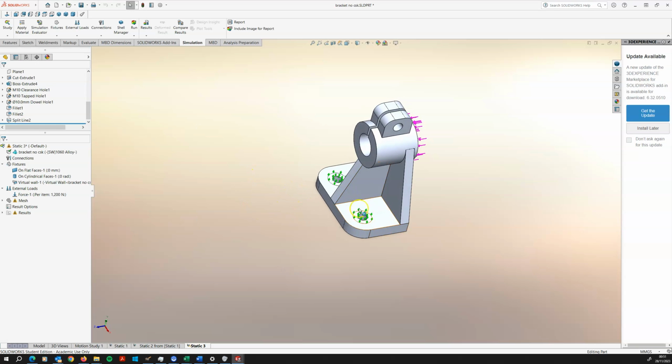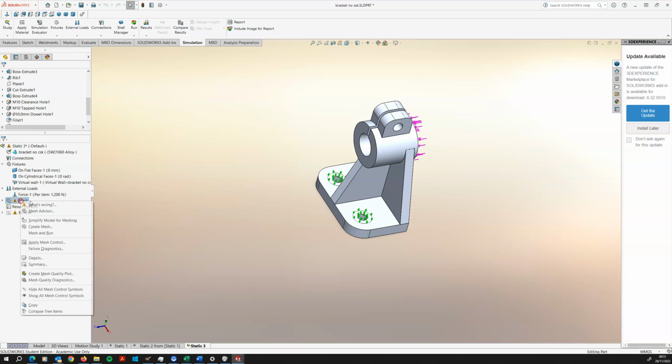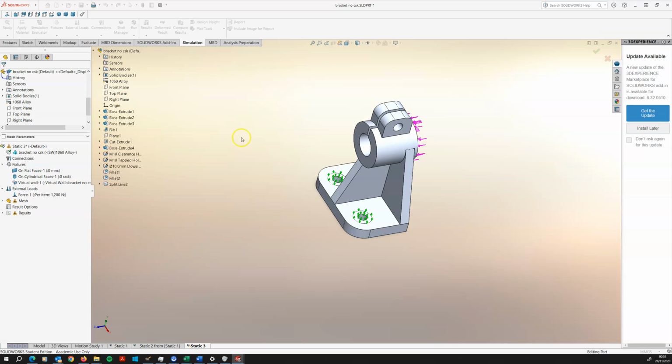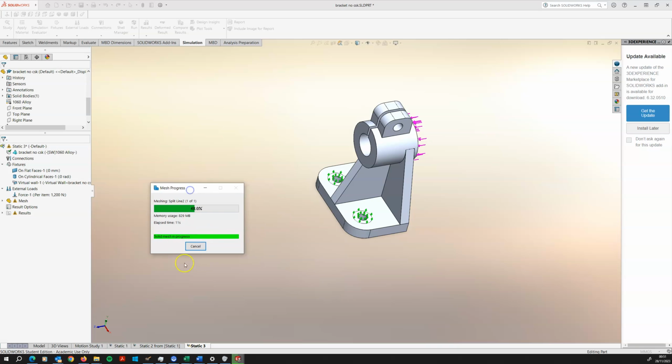The last thing we might want to do is create a mesh here. We could create our mesh the same as before,